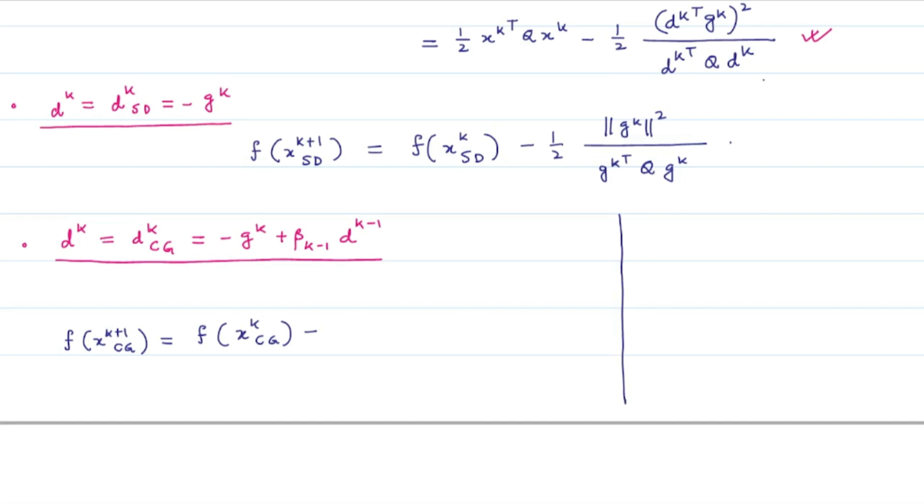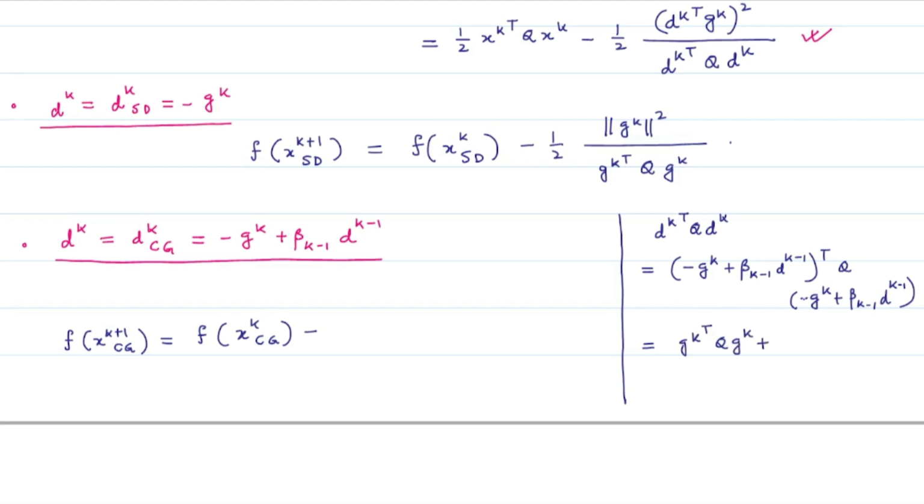For this term, d_k transpose Q d_k is equal to (minus g_k plus beta_{k-1} d_{k-1}) transpose Q times (minus g_k plus beta_{k-1} d_{k-1}),